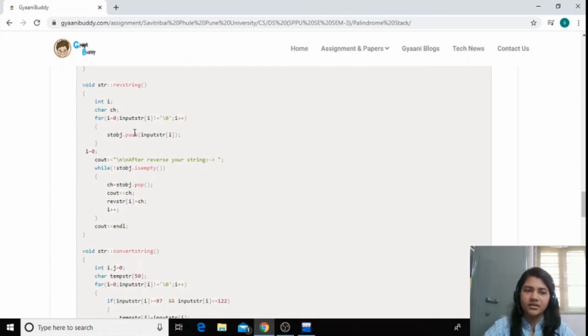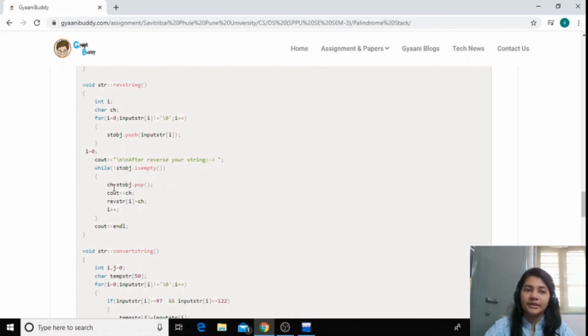Okay, of the stack class, as we have declared the stack object in the str class. As you remember, I had said there, you can check the variable part of the str class. Then I will assign i equals 0 for printing the reversed string again. Okay, and after reversal, what is the string? When we pop each character from the stack, we will get the reversed string. And while reversing and while printing on the screen, what we are doing is we are storing each and every character in a string named revStr. Okay, so what is happening here?